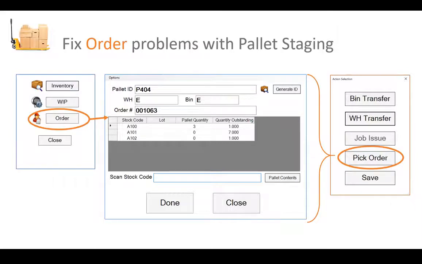And then once they do that, they can scan the order that they want to begin picking for. Once they scan the order, it's going to bring up their list of items and quantities to pick for this order based on the sales order pick. Once they do that, the operator can simply scan the stock code that they want to begin